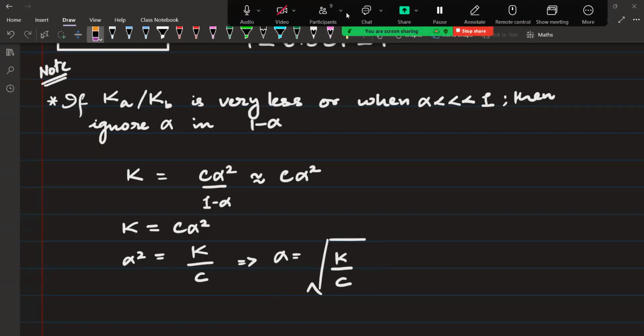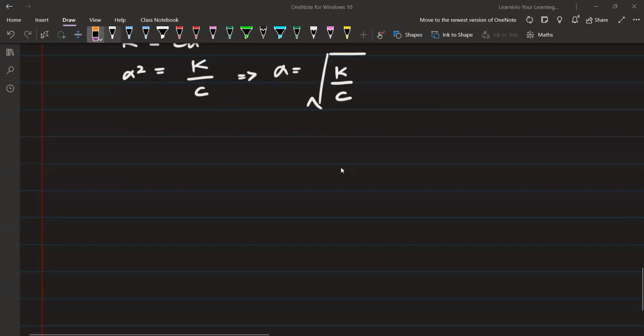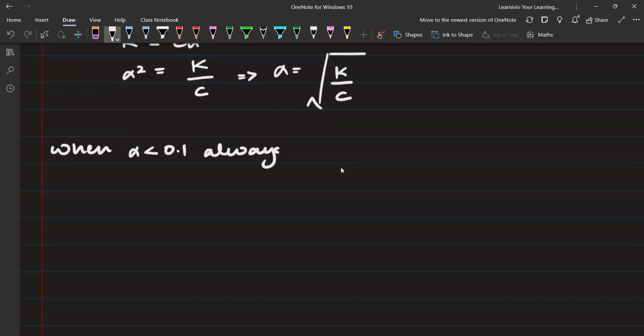Okay, everyone is done? ठीक है. ध्यान से देखिएगा. Next one is important. When alpha is less than 0.1, always ignore alpha. तो जब भी आपके पास ना, whenever you are going to have a question on the weak acid or weak base,